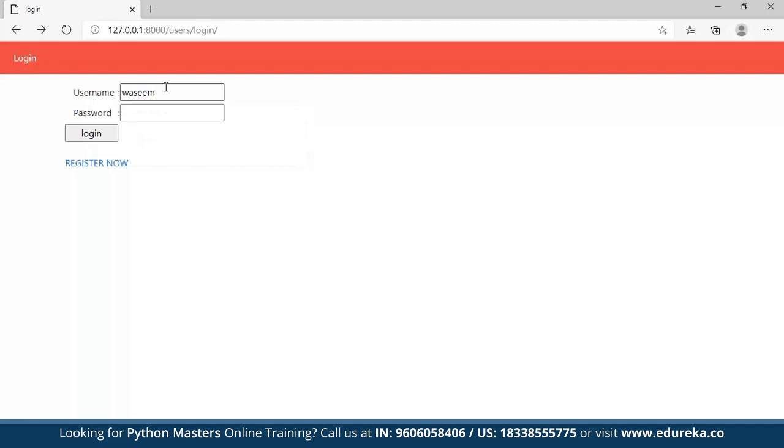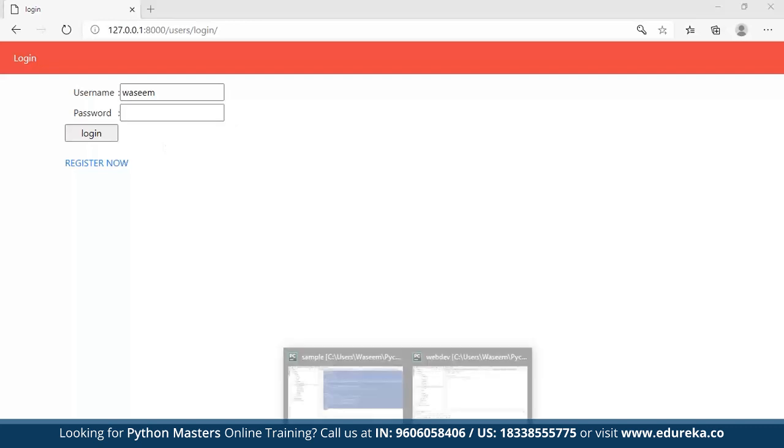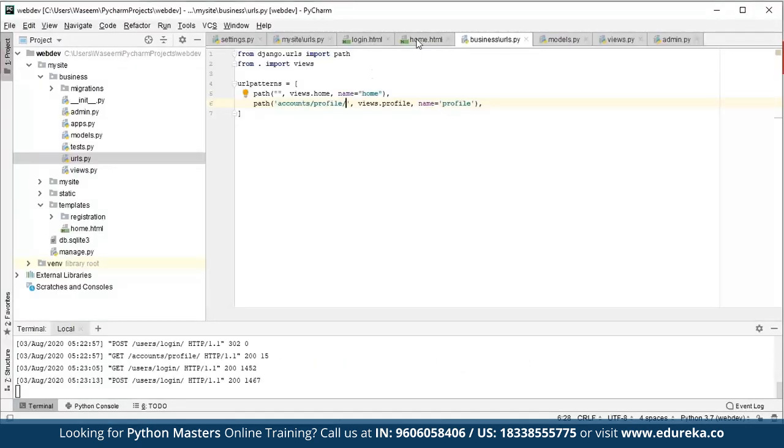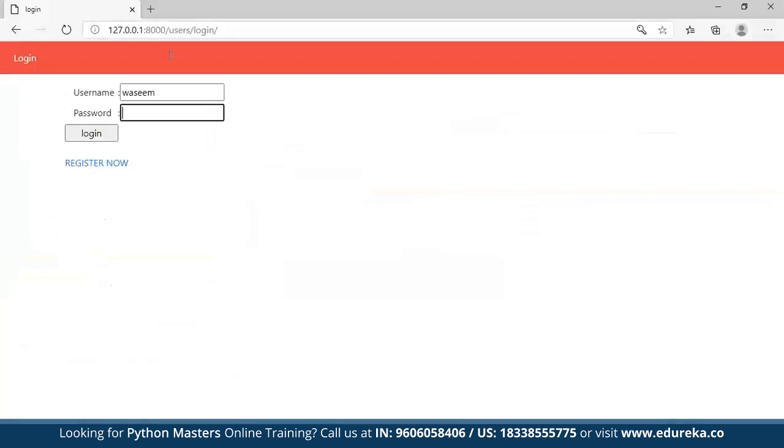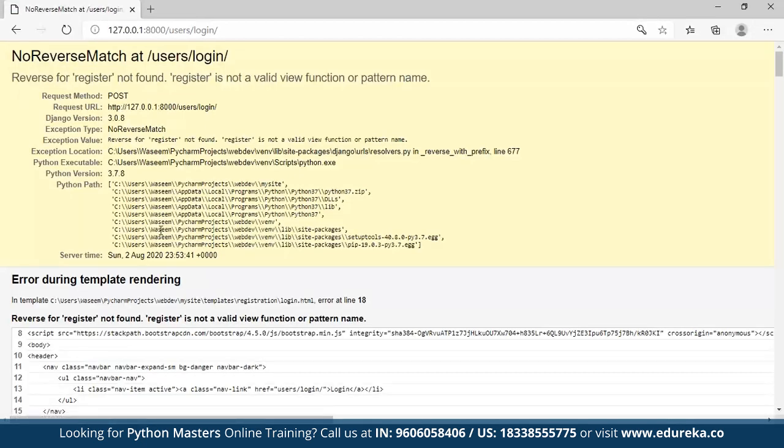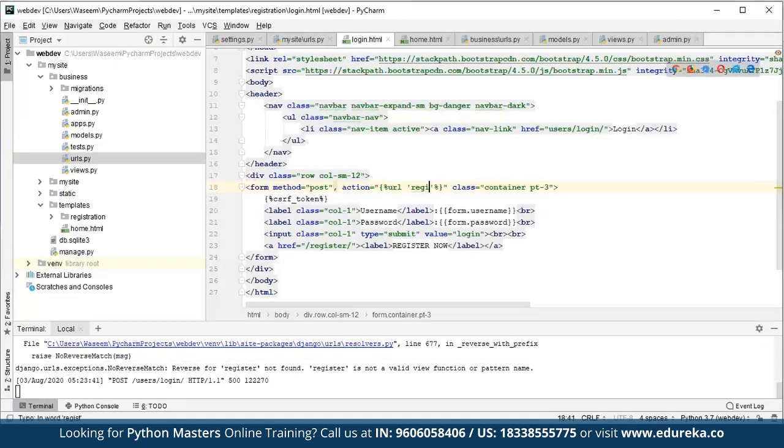And if the authentication is not done correctly, it will bring us back to this URL only, because we have given the action over here in the login.html to the login page only. So let's say if I give the URL to register. So when the values are not correct, it will take us to, okay, this is right guys,